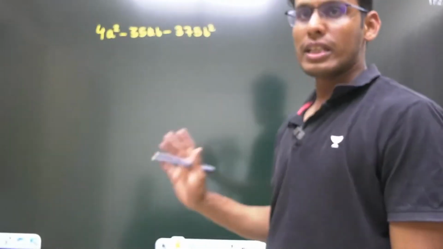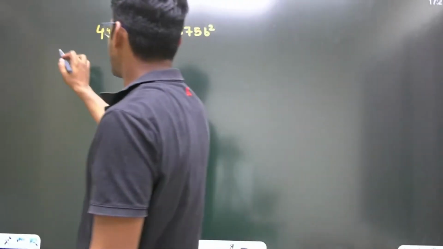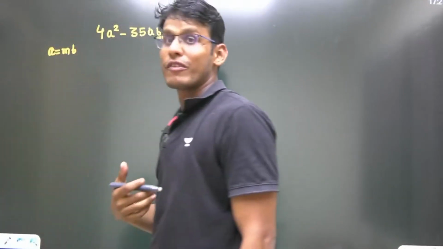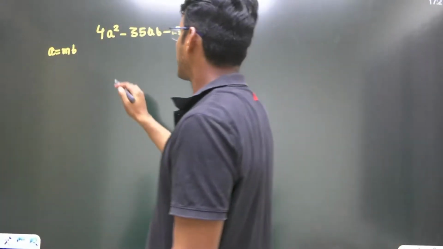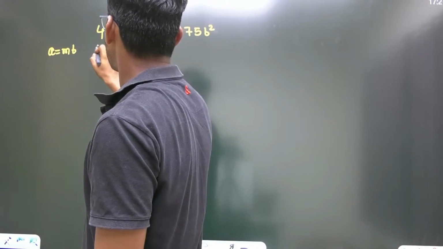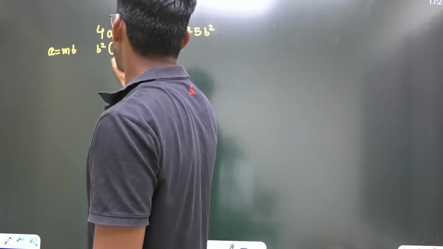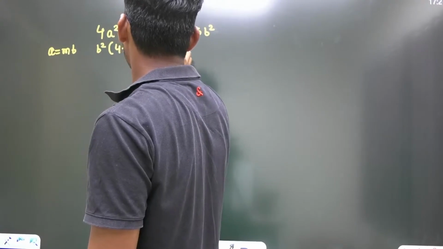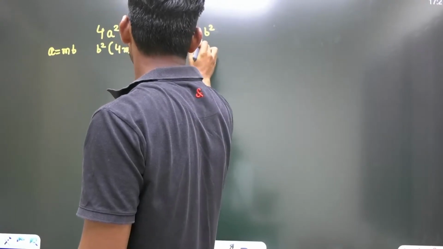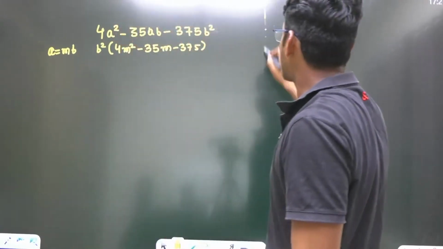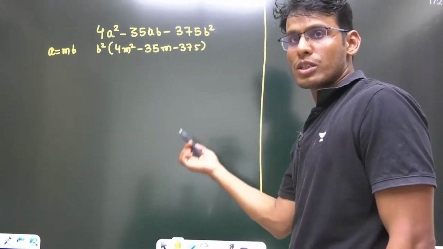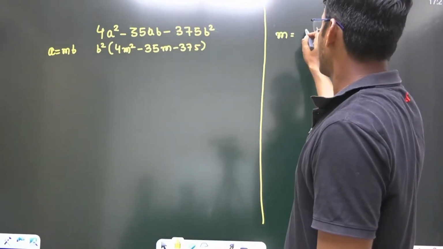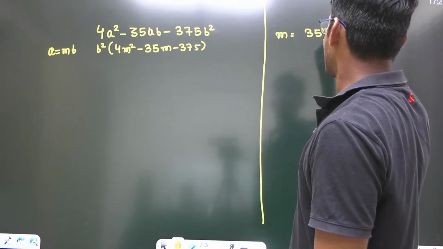So now in this thing, right, just put A is equal to MB. And then I am going to teach you something very amazing, right? So you will get B square times 4M square minus 35M minus 375. See, like now one way to go about it is just use quadratic formula. So if you use quadratic formula, it becomes 35 plus minus